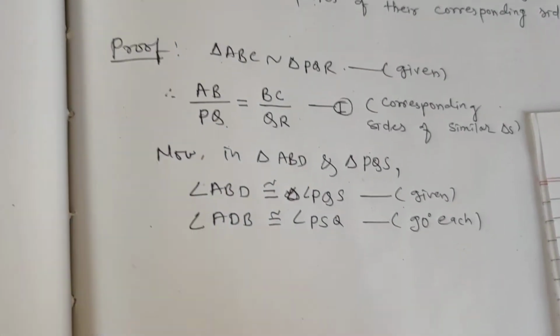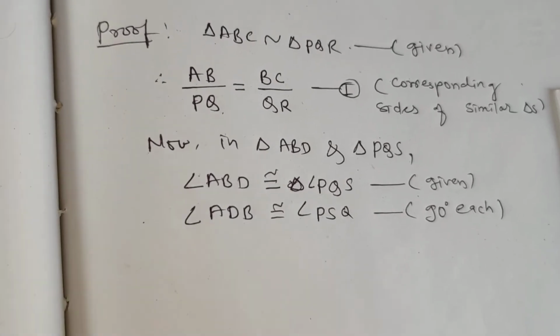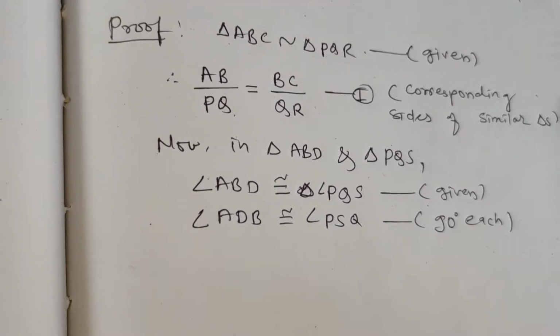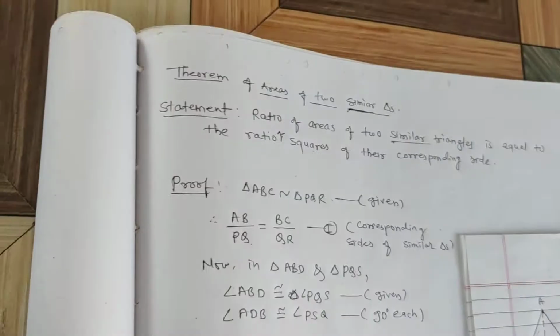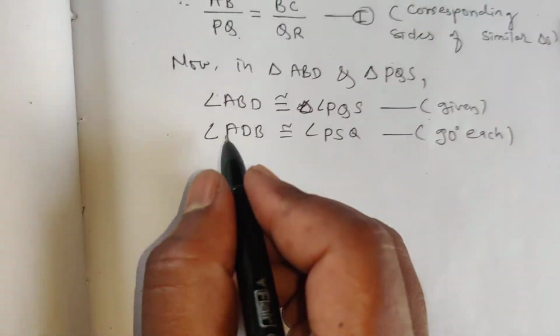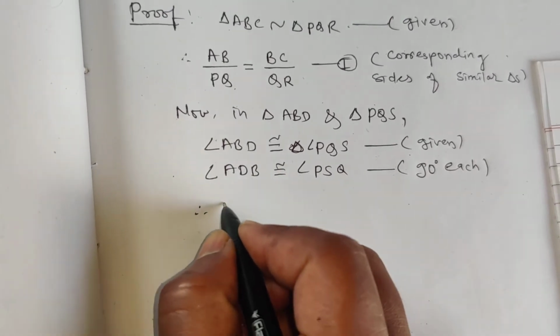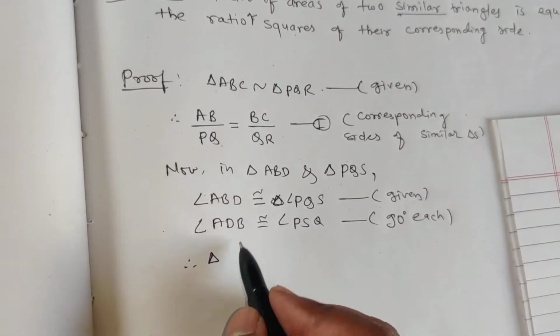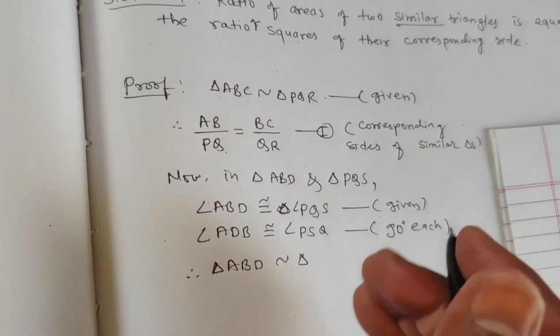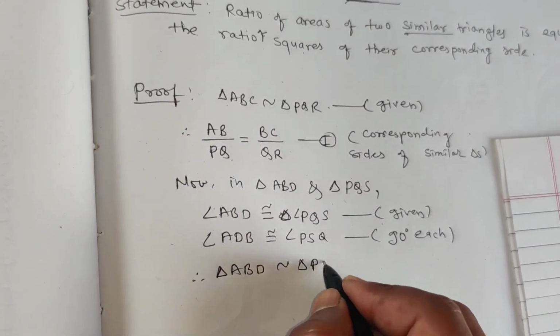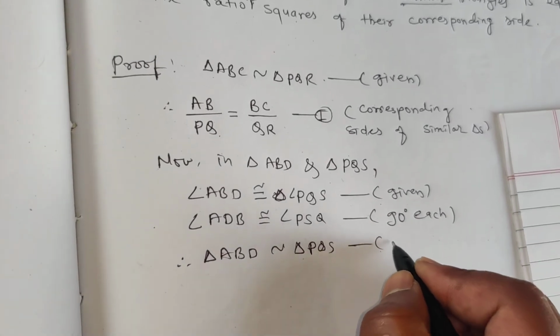Okay, if two corresponding angles of any two triangles are congruent, then we can say by the AA test that those two triangles are similar. So we can simply show that these two triangles are similar like this. Therefore triangle ABD is similar to triangle PQS, yes, by AA